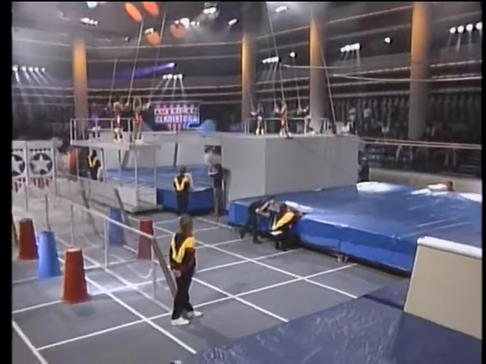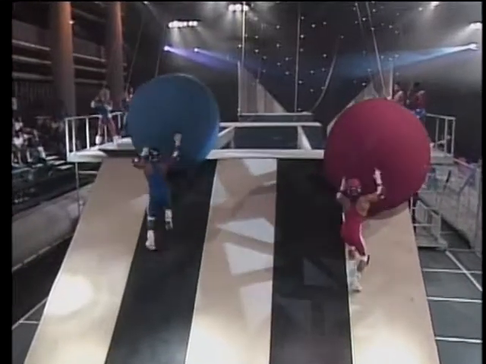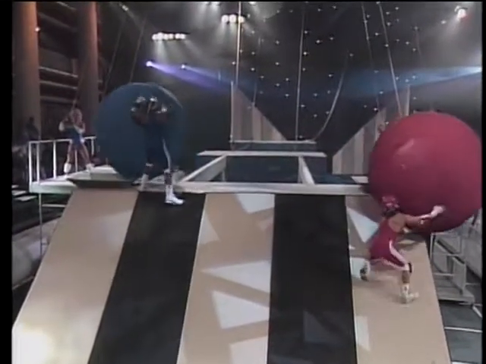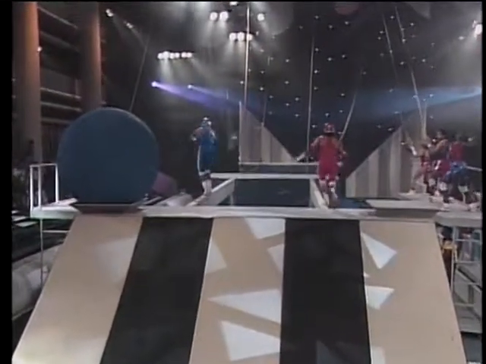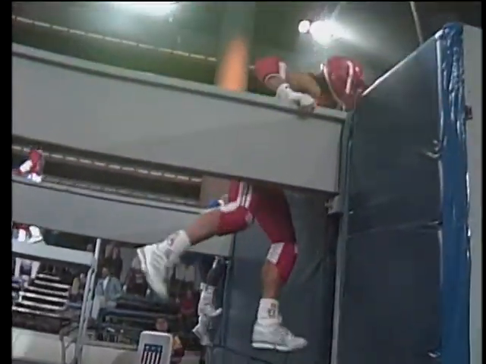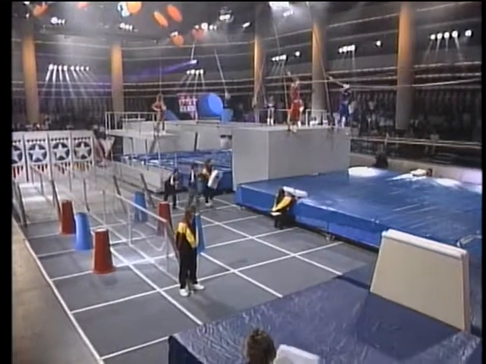The Eliminator is different from all past events in that points are doubled. 2 points are awarded for each second under the 1-minute time limit. And right off the bat, we see that Rick is having big trouble with the ball, Mike. And that will cost him in penalty points. Carl Allen trying to stay on that balance beam with that sore ankle and does not. Rick also goes into the pit, but both men clamber back up onto the platform,